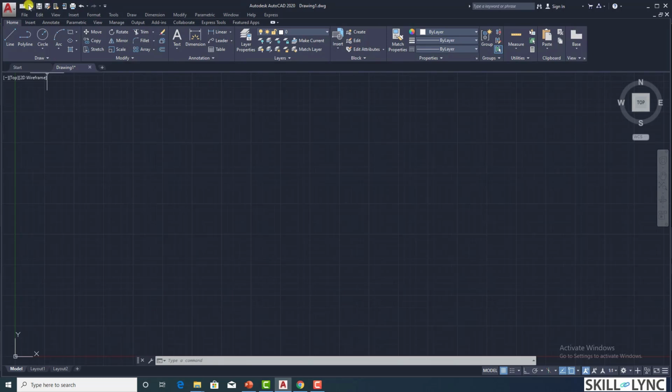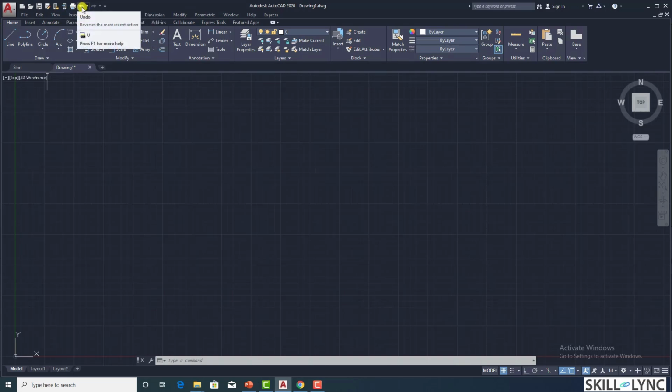You have the new file, open, save, save as, and then this is open from web and mobile app for taking an existing drawing from the cloud, and then publish or save to the cloud, the web and mobile interfaces, then a printing option and all. So this is your quick access toolbar, QAT.